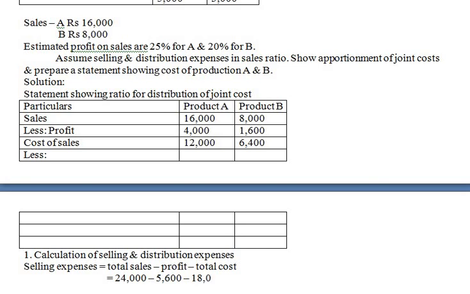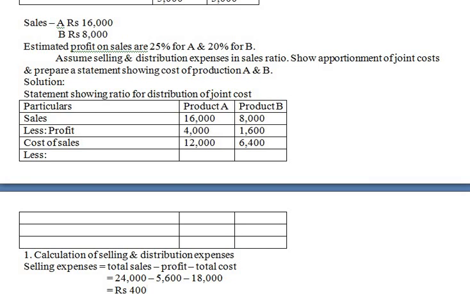Hope everybody has understood this. 10,000 plus 5,000 plus 3,000, you will get this. That is equal to 24,000 minus 5,600 minus 18,000. So that is